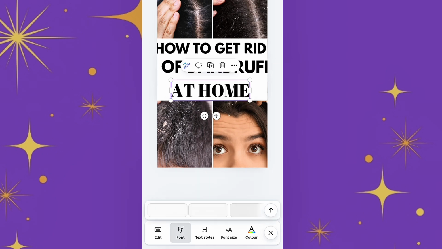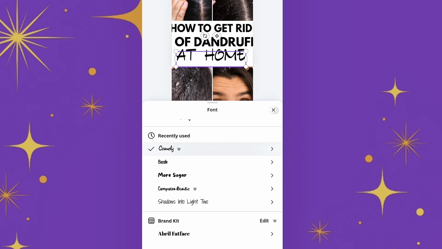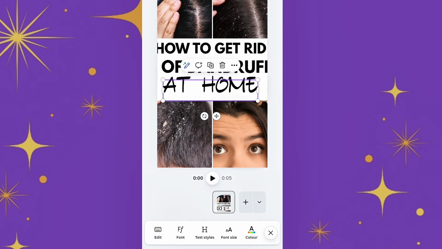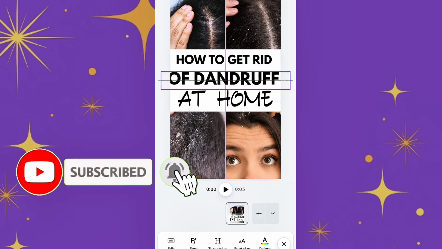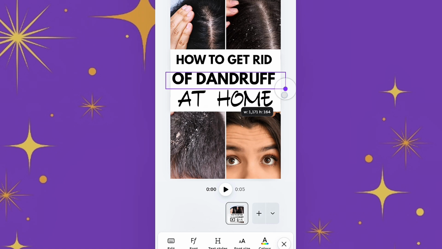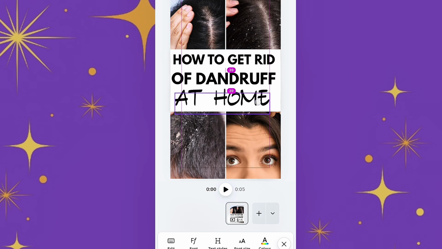and then you just play around with the kind of font you want to use. Okay, so after you must have chosen the font you want to use for your write-up, the next thing you have to do is to adjust your write-up to fit in the shape. Okay, so you don't want your write-up to be out of the shape. Okay, so once you're done, you adjust your write-up, and then if you want to choose a color for your write-up, if you don't want the color to be